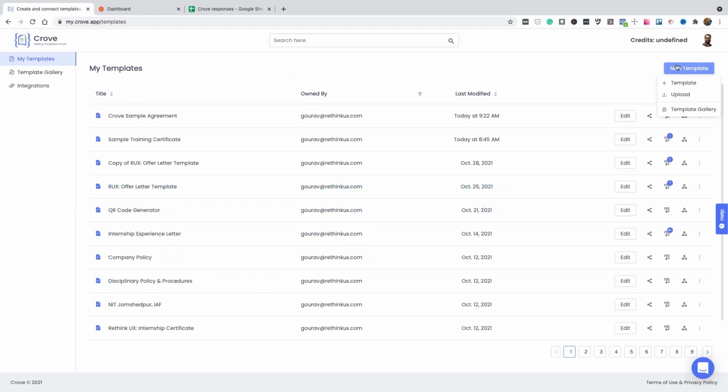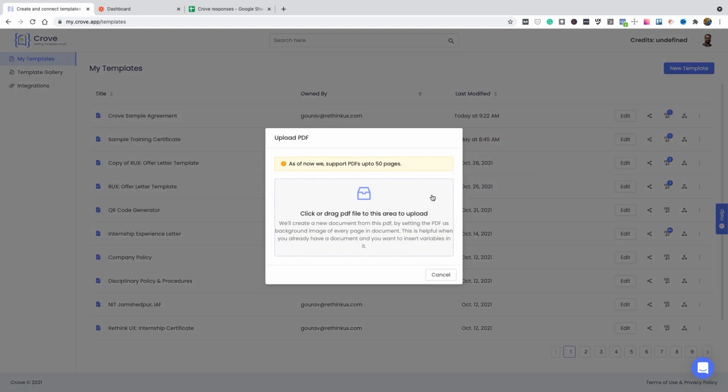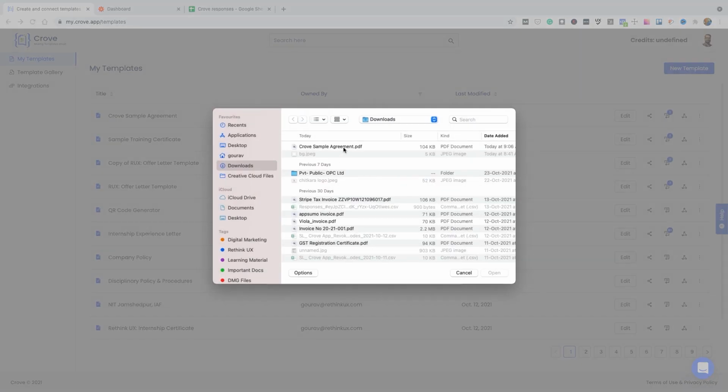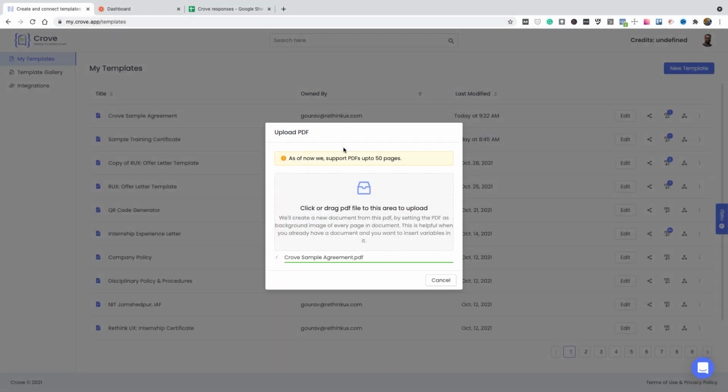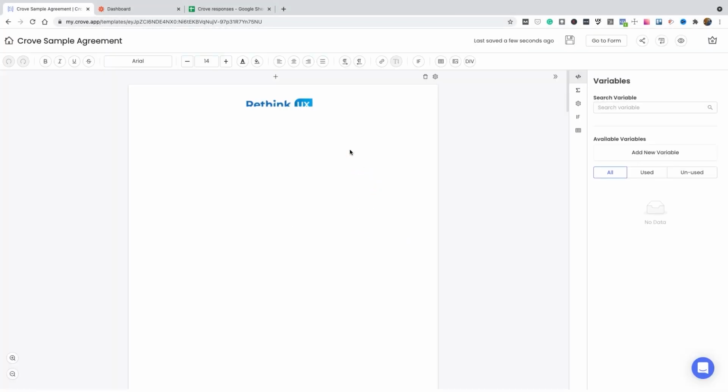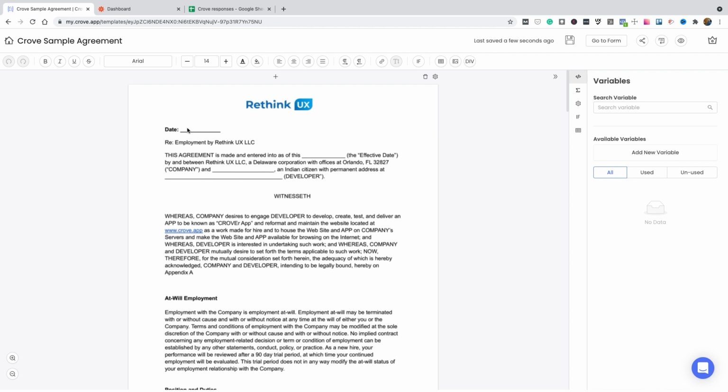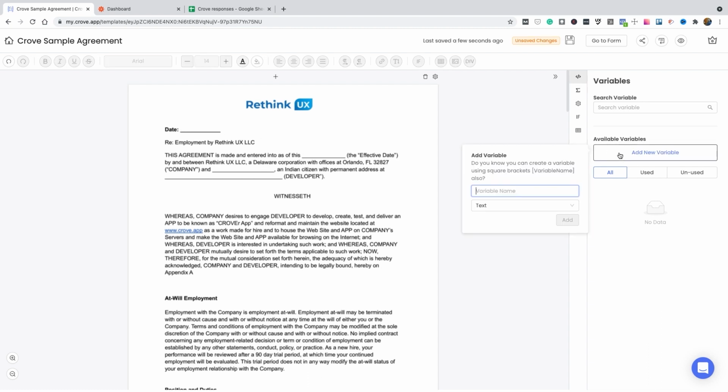So let's get started and assume that you have an employee named Gaurav who has to fill some details in the agreement and also sign that agreement. And you want to receive the final filled and signed agreement. I have uploaded a simple agreement to Grove in which I will be creating all the fields which are currently presented as dashes. So let's start creating fields and then we will drag them over to our document.